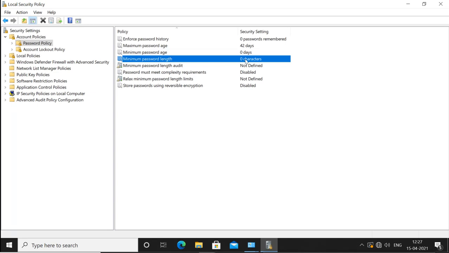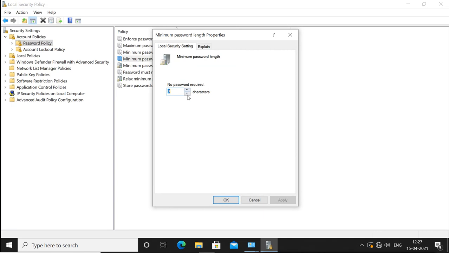By default it is 0, so you can use any number of characters, but here we can go up to 14 characters. So we can force the user to use a minimum password length of 14.